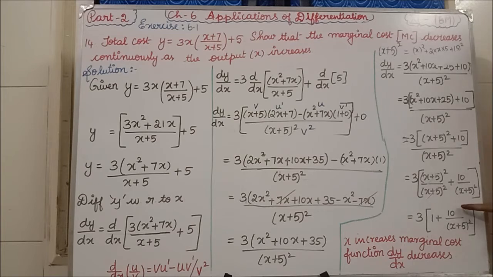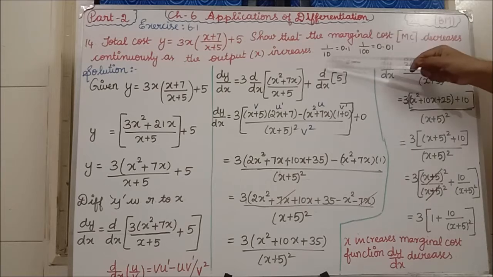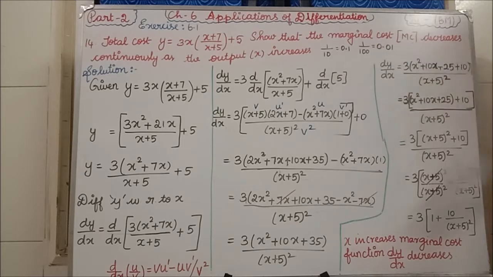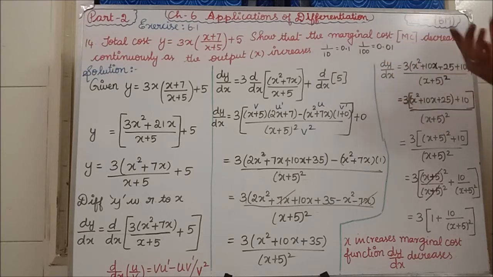Now you see, in the numerator do you have any x term? We are not having an x term. Only in the denominator you are having the x term. So whatever value you give for x, what will you get? For example, I will tell you now. Suppose the denominator is 10, what answer will you get? 0.1. Suppose the denominator value increases from 10 to 100, what are you getting? 0.01, which means 0.1 is big or 0.01 is big?